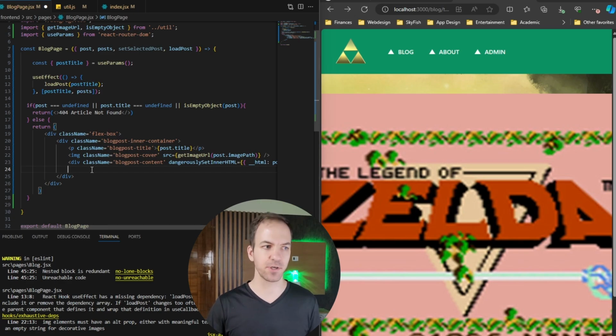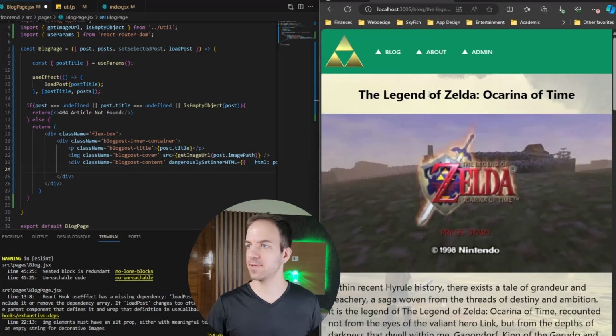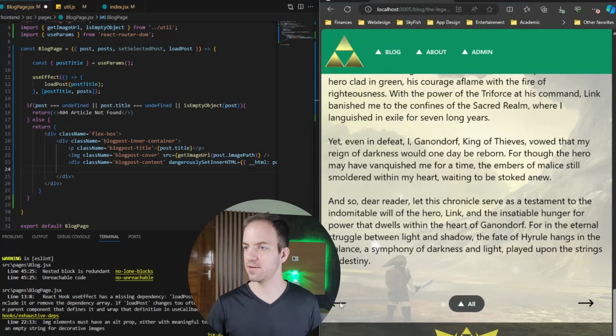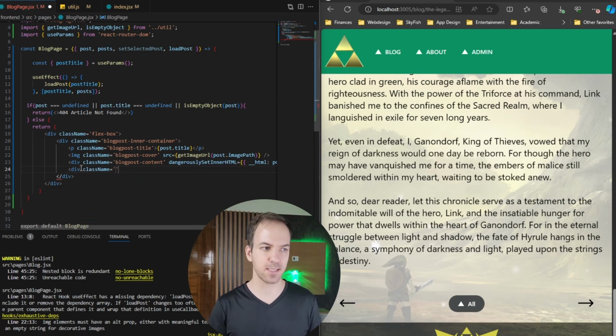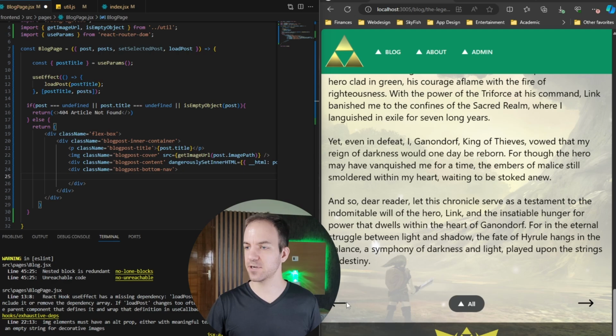So now in here, we need to go ahead and add at the bottom here a div to house all three of these, the arrows and then the all link. So I'm going to make a div for that, and we'll say className, and this className is going to be blog post bottom nav. Oops, not a self-closing div. Okay, now inside of here, basically we need this arrow and this link, but this arrow I'm actually going to put inside of another div,